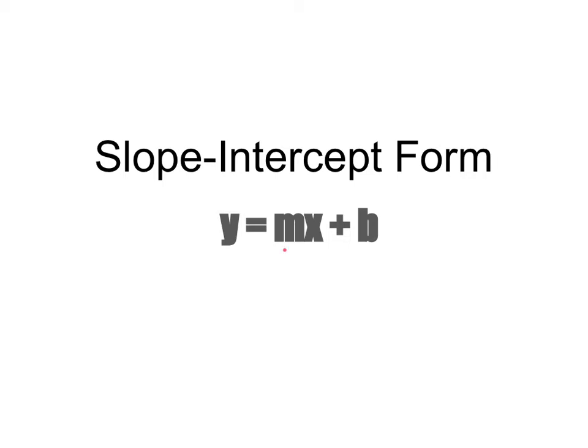First and foremost, the m. The m is the slope. We have talked about slope in this class. Slope is the rise over run, or it's the change in y over the change in x. We call that the slope. It's the rate of change. And then the b in this slope-intercept form is called the